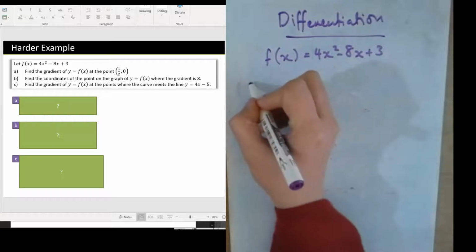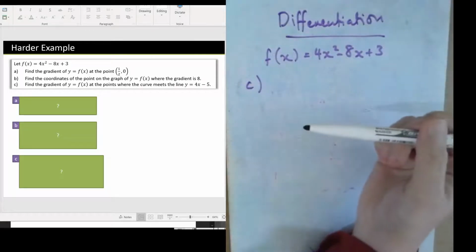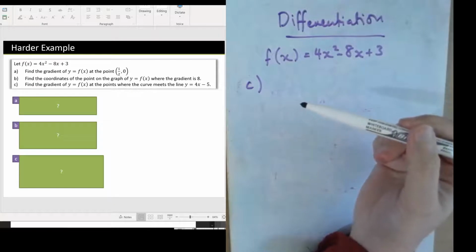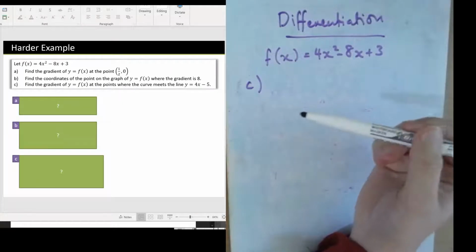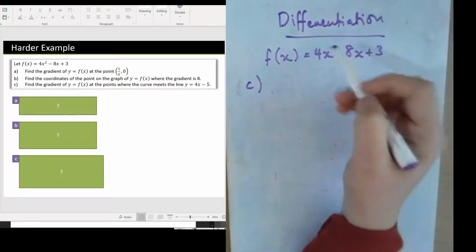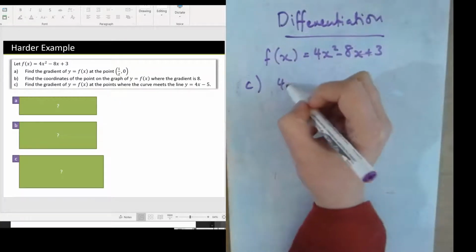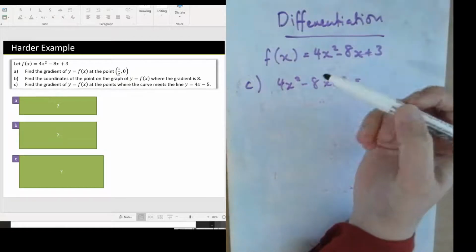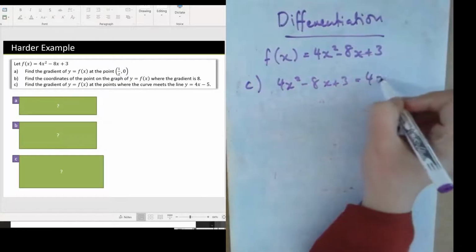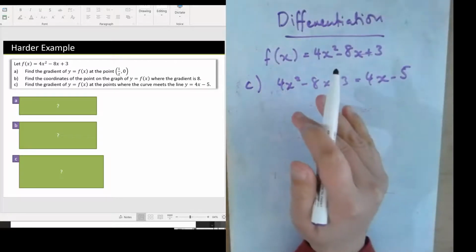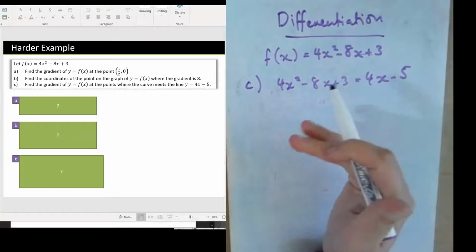Okay, then for C, it tells me to find the gradient of y at the point where the curve meets this line. So that's your simultaneous equations with one linear and one non-linear. So I already know what this equation is. So I'm going to say 4x squared take away 8x plus 3, and I want it to equal that 4x take away 5. Okay, so I want to move everything to one side